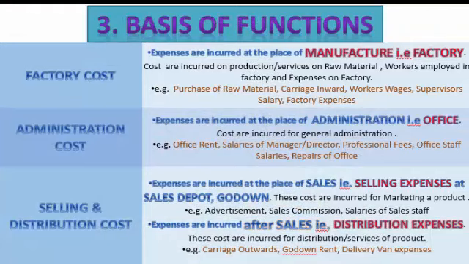Now let us come to the third one. Now this classification is very important for us while preparing a cost sheet. So whatever costs are incurred from manufacturing till sales, we are classifying into three parts. First one is a factory, a place where we manufacture a product. I don't think any students will face any difficulty to understand the meaning of a factory. Factory means a place where we manufacture.